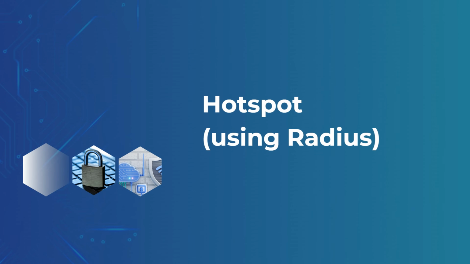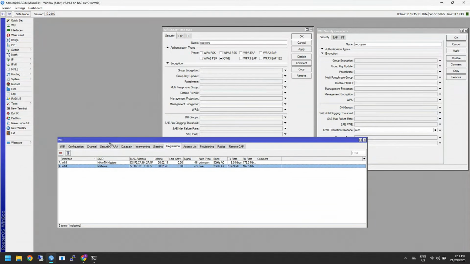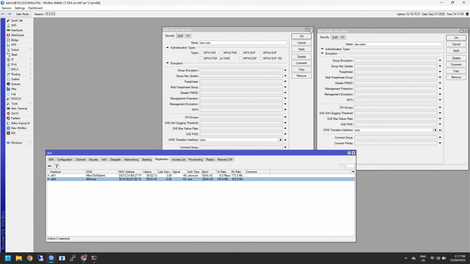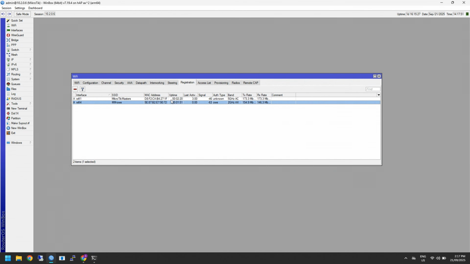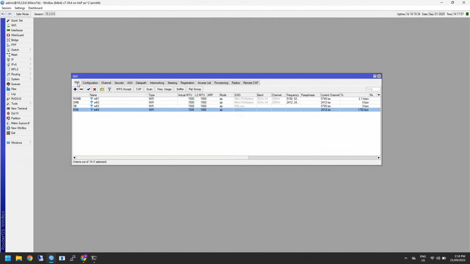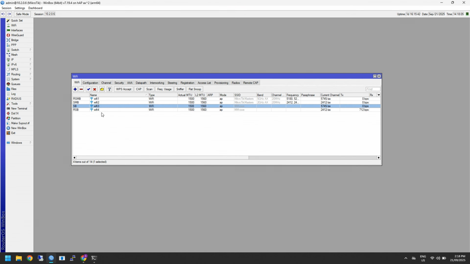So that brings us on to our final one, which is hotspot. Now, hotspot, there's lots of ways we can configure this. There's lots of features we can add, different login pages and everything else. But again, I'm keeping this simple because I'm focusing just on giving you the different types of authentication we can use. And for this one, like most things, it would be for a guest network, I'd imagine. And for that, that's why I'm going to use my secondary